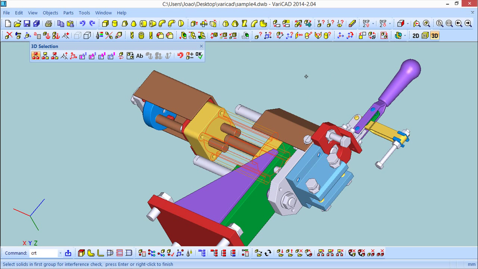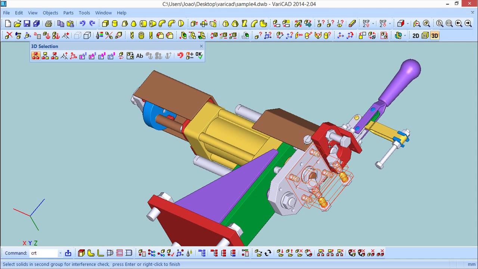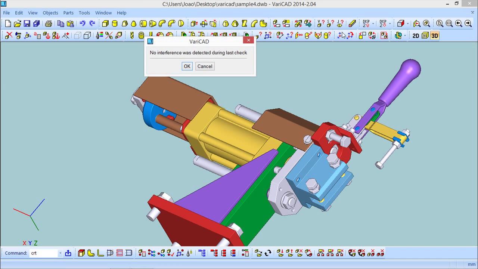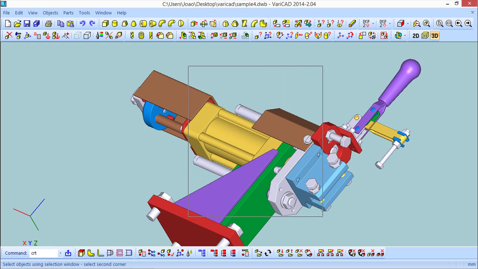Okay, enter, and saying second group, this one here. Probably this will belong to no group or groups that don't have anything in conflict. So let us try. Okay, no interference was detected,